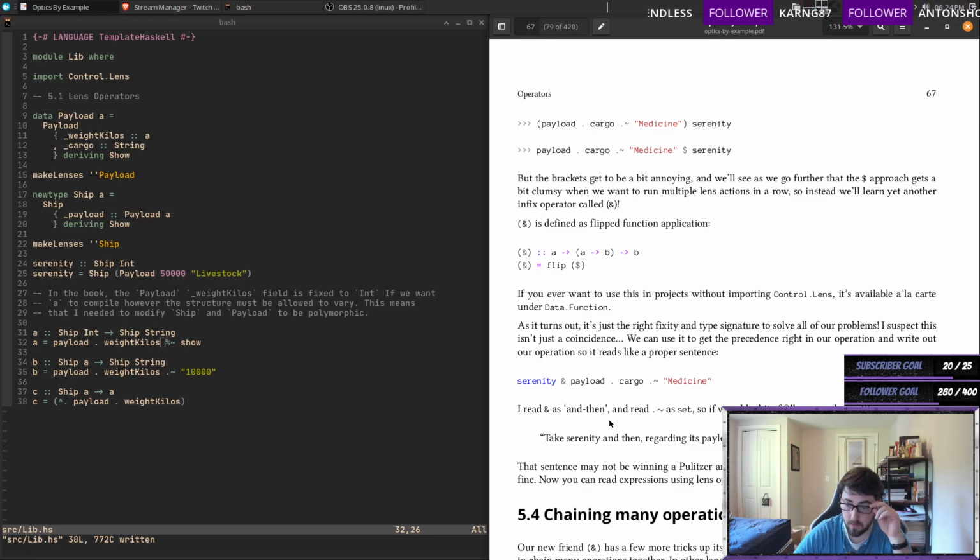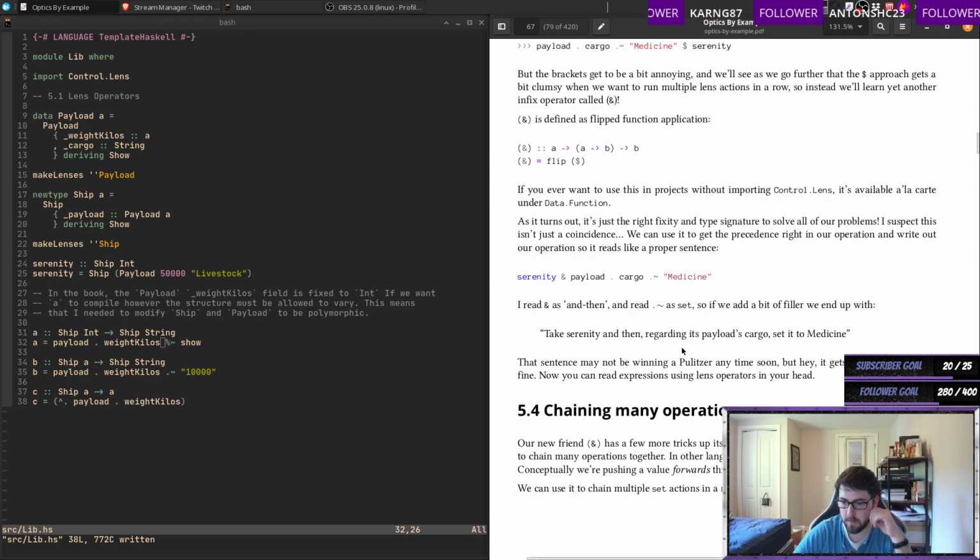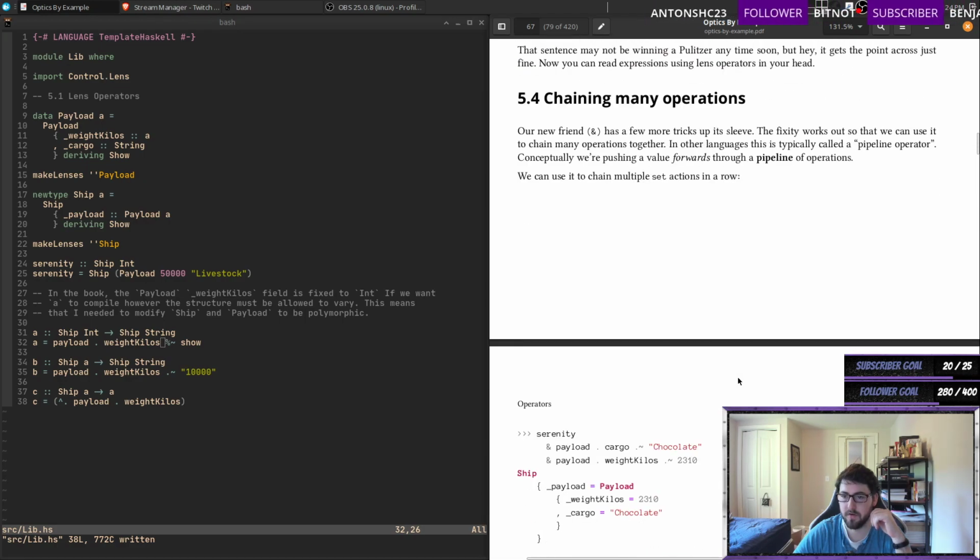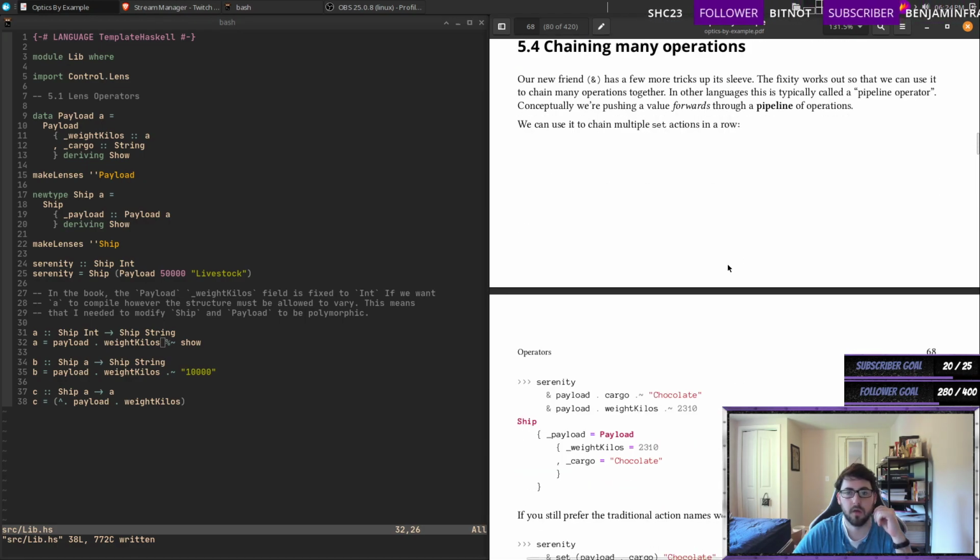And then take Serenity, and then regarding its payload cargo, set it to meta. Okay. Sure. Okay. For tricks, the fixity works out so that